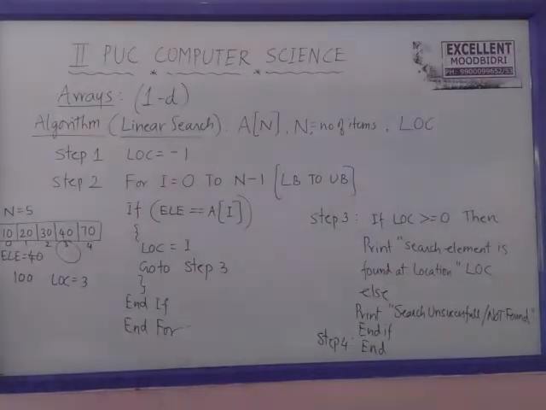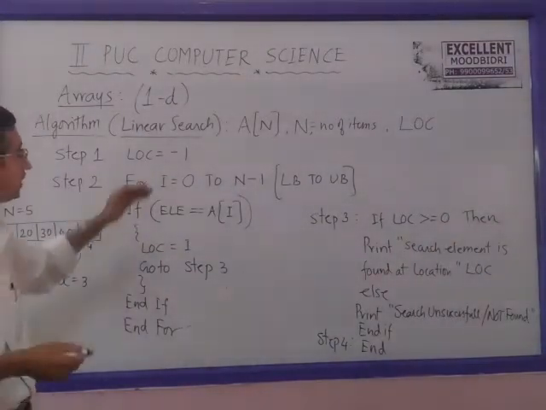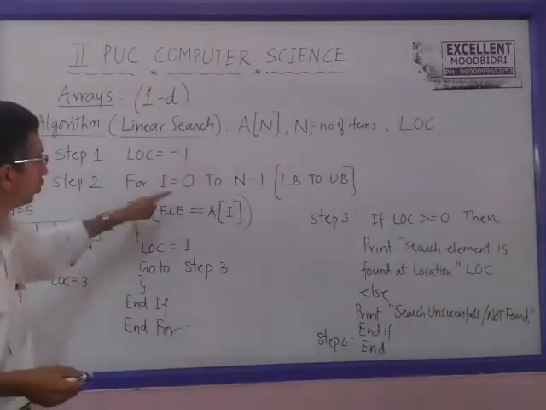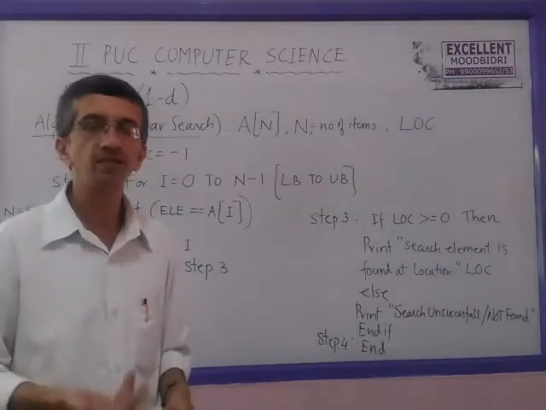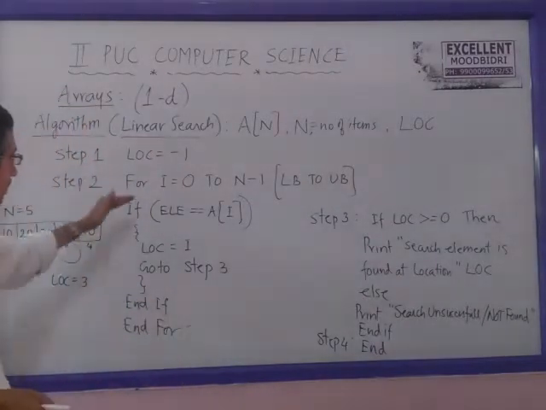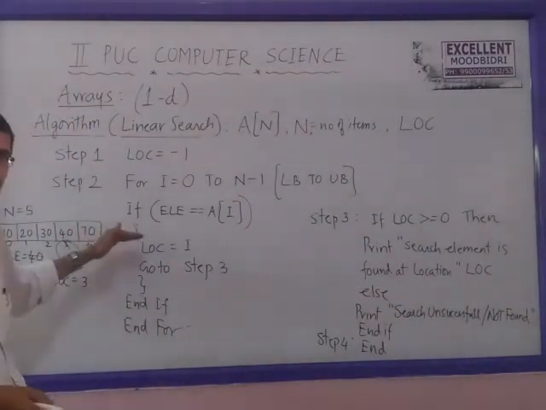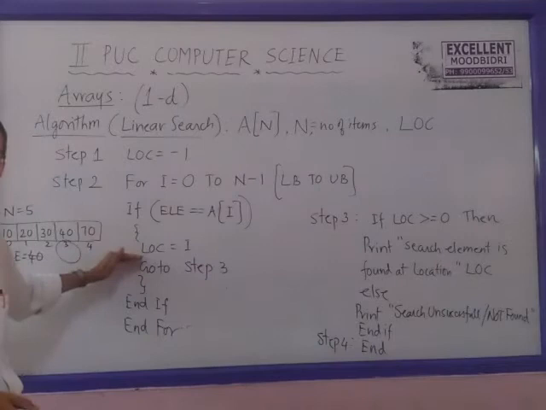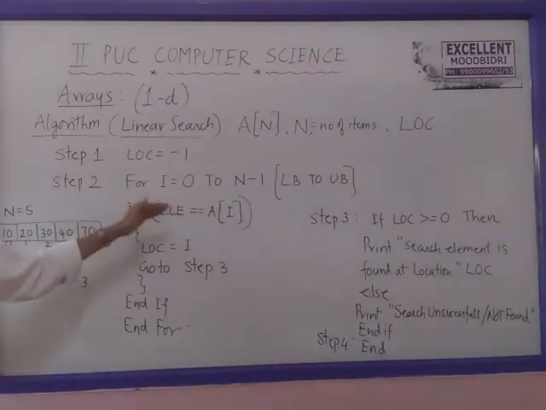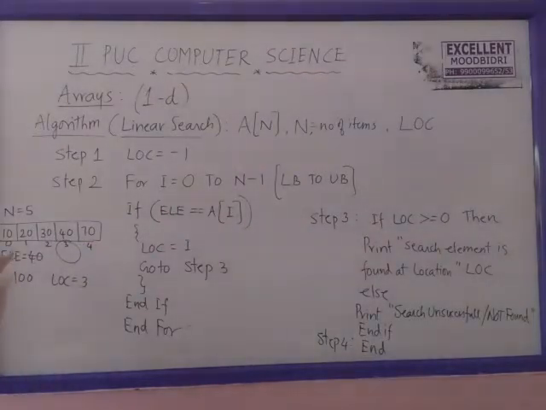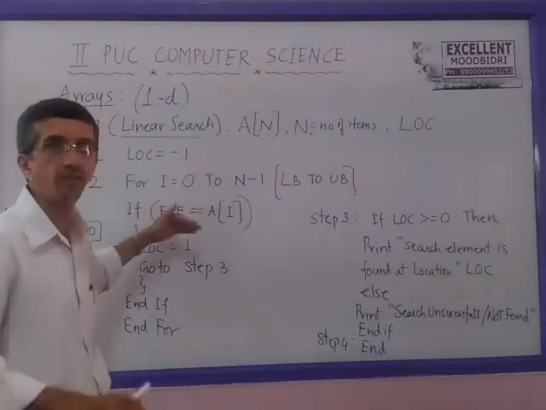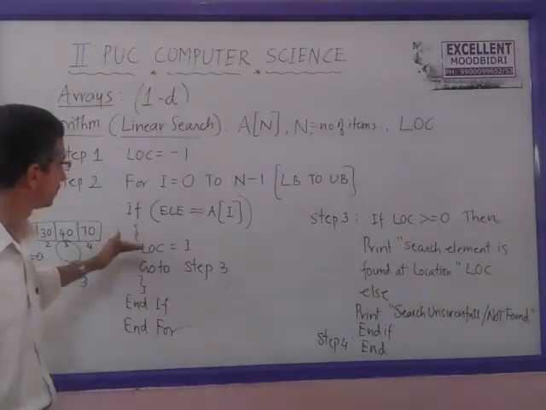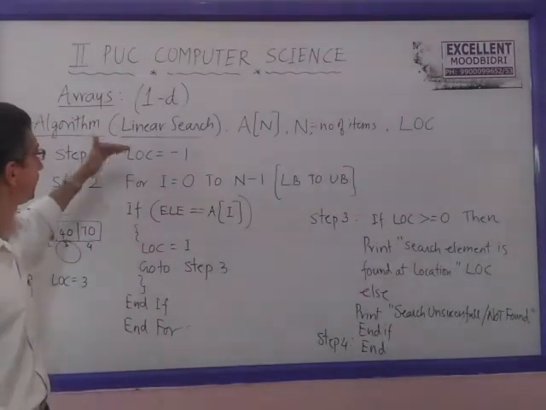So in case if it is not found, suppose we are searching for the item 100, which is not found here. Correct? Initially the location is set to -1. Here in the loop, there is no match for any of the index because the element is not found. Correct? So the loop terminates without changing the value of location because item is not found here. Everywhere it becomes false, false, false. Search element is 100, nowhere 100 is found. So it continues until the loop terminates naturally. Location value will never change, it remains at -1.